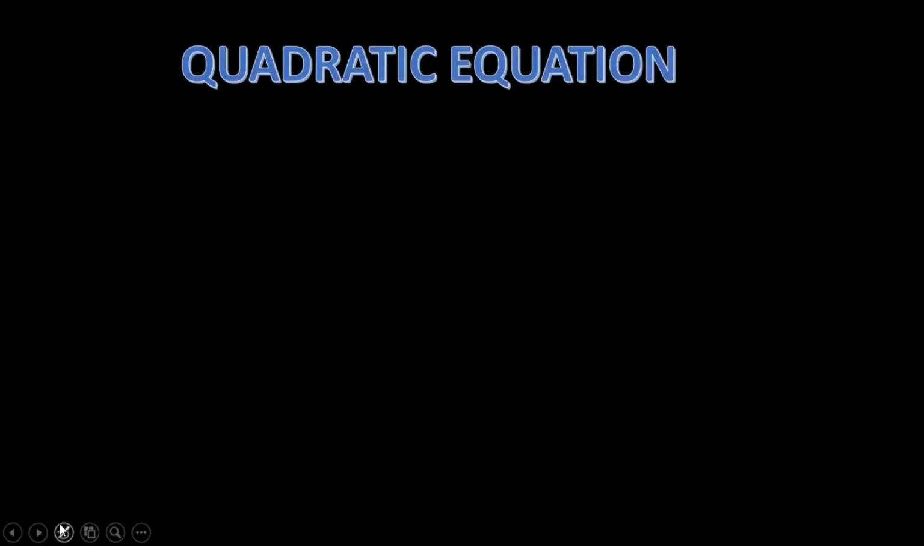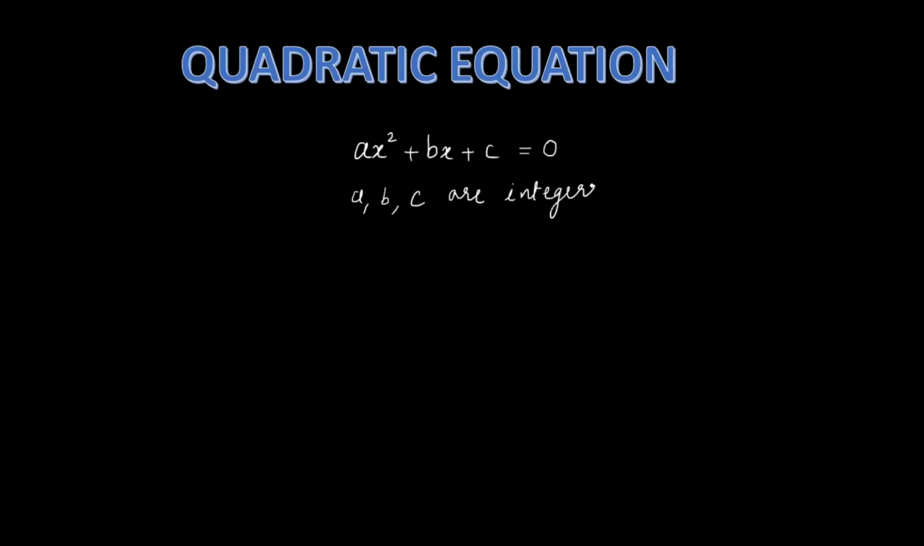Hello everyone, today we are learning a very important topic of math, which is quadratic equation. Now quadratic equation is of the form ax square plus bx plus c equals 0, and a, b, c are integers, and a should not be equal to 0. When a is equal to 0, this will not be an equation with maximum power 2, with x maximum power